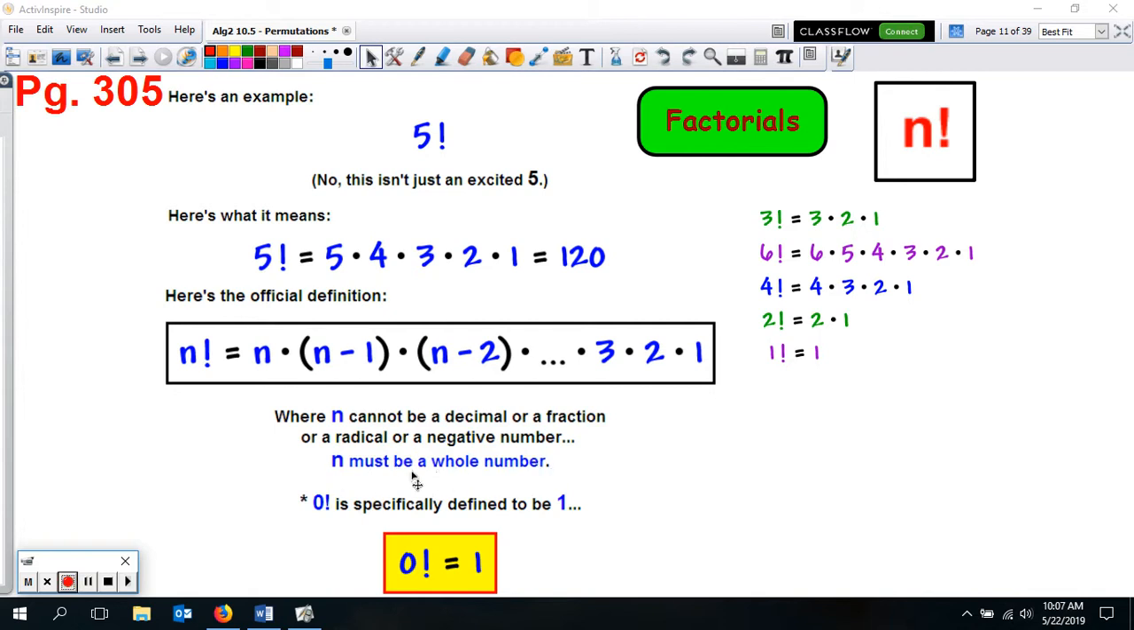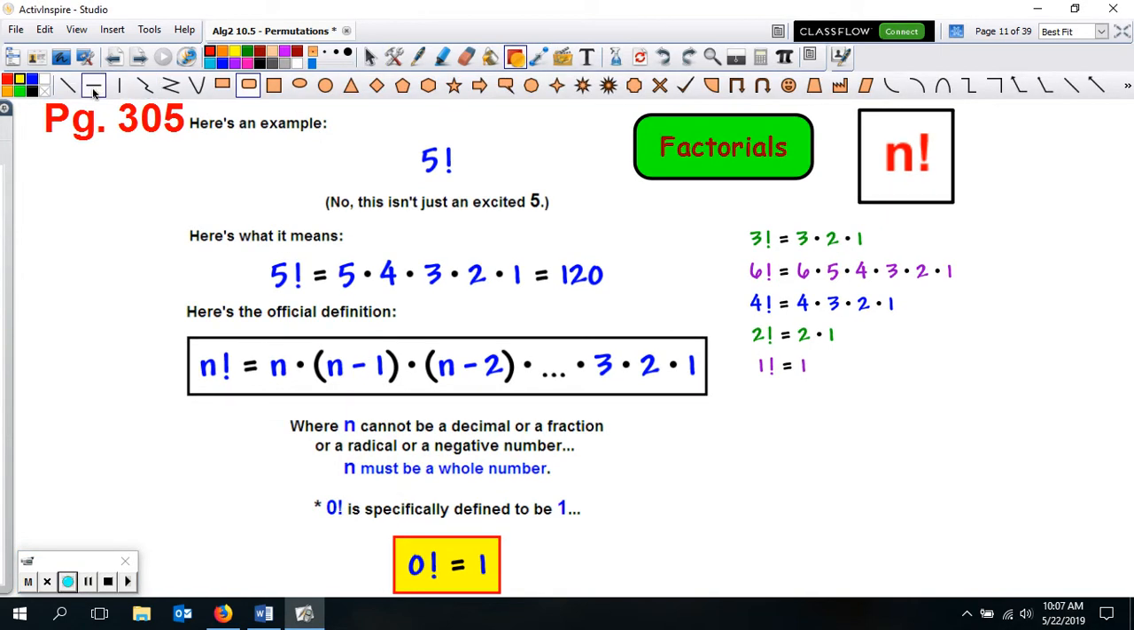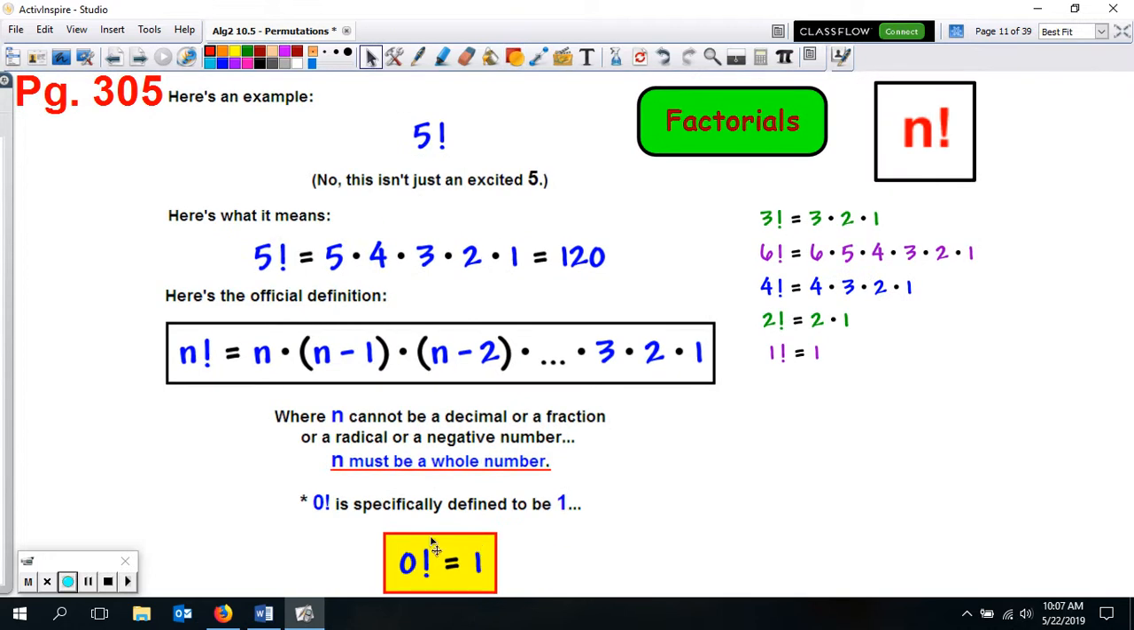And that's why you want to write this down also. So make sure you write down that n has to be a whole number. So you can write down n factorial and then that part right there, that n must be a whole number for the factorials. And this little piece of information: if you ever see 0 factorial, and you might not